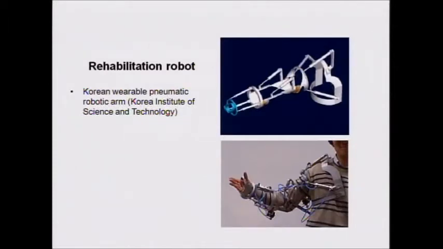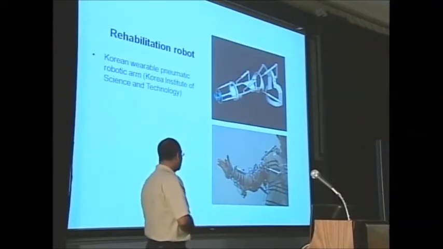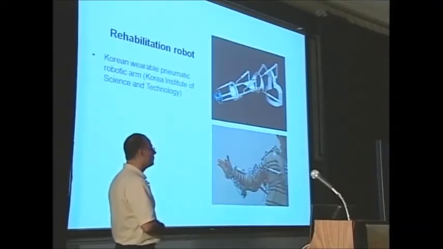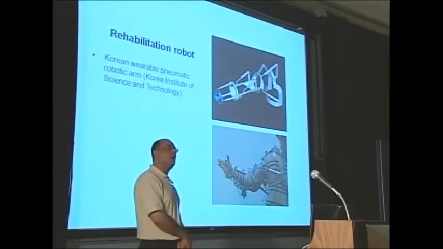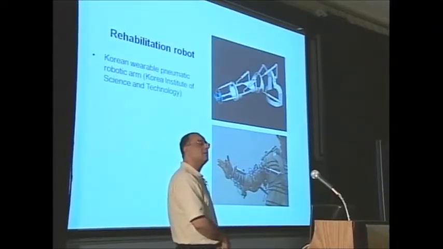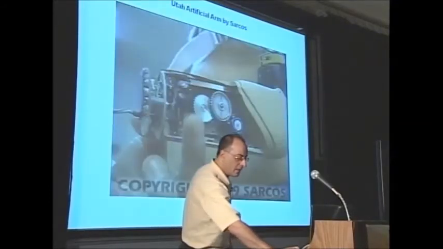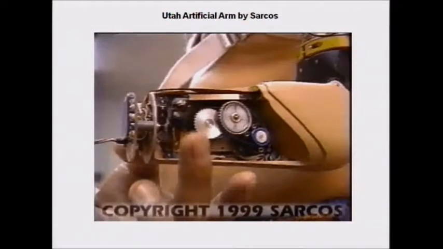Rehabilitation robots. At the Korea Institute of Science and Technology, they have developed robots that look like a sleeve that you can wear. For those people who have limitations in their hand movement and require constant rehabilitation or push, this robot can work. The actuators are pneumatic. Pneumatic is quite clean. It works by air and you can get it from everywhere. You can make prostheses.